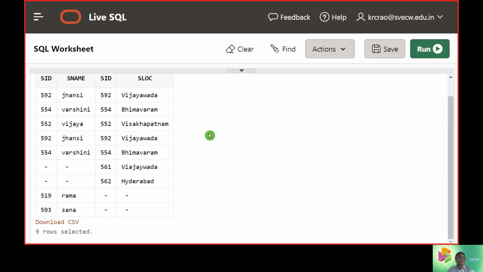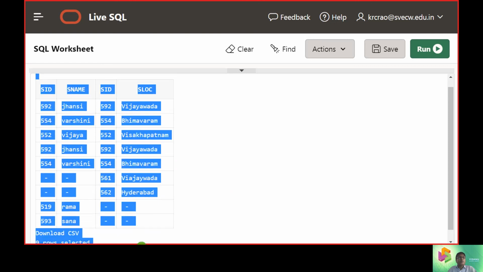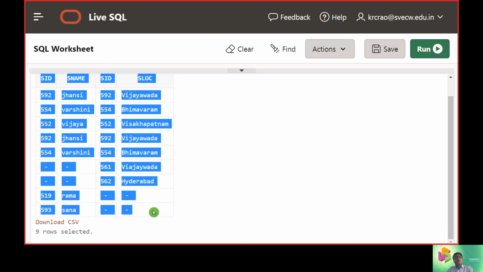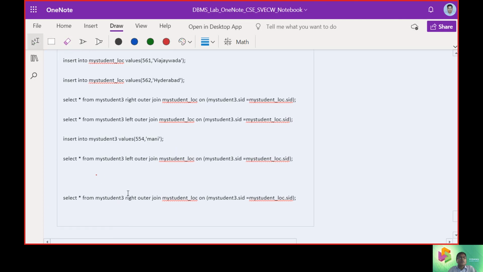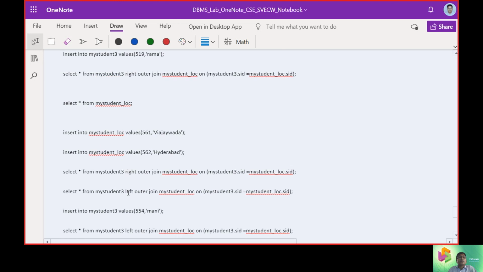There is no loss of data, no missing values. So you can interpret this answer. It satisfies the left outer join, where the things on the left are put with null values, and the right outer join, where the things on the right hand side are displayed. That is the key takeaway when we are working with full outer joins, left outer joins, etc.